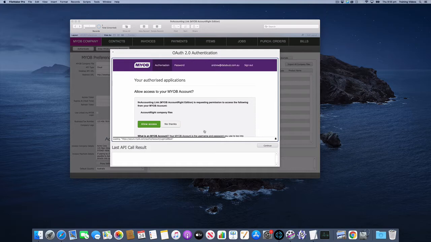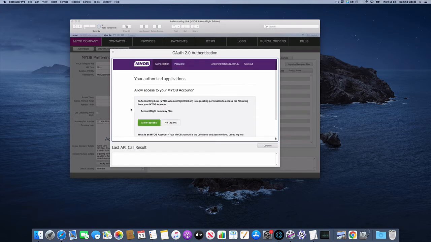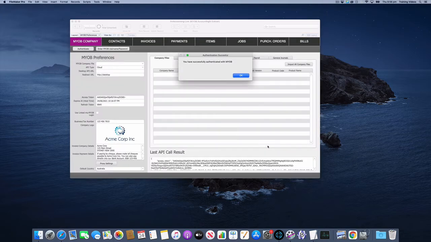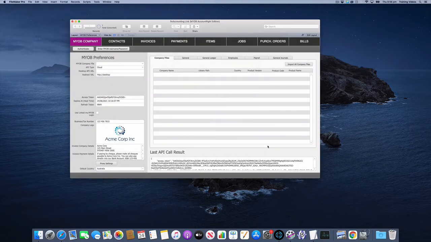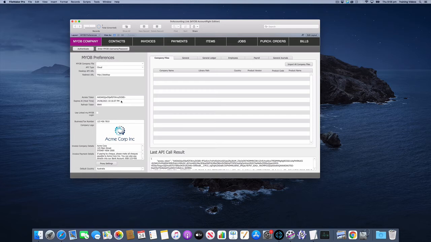And if this is the first time you've tried to authenticate and approve access, you'll be presented with this screen, and you just simply need to click the Allow Access button to approve the link between FM Accounting Link and your AccountRight company files. Then you get a blank web viewer, at which point you just need to click the Continue button, which will then return the access code. And you can see here the access code has been generated along with its expiry timestamp